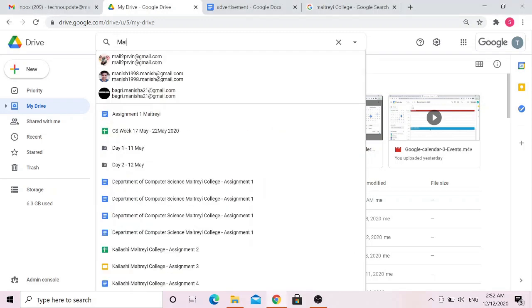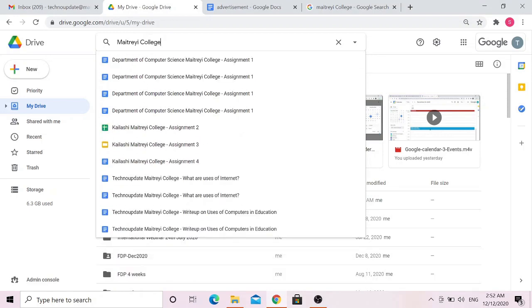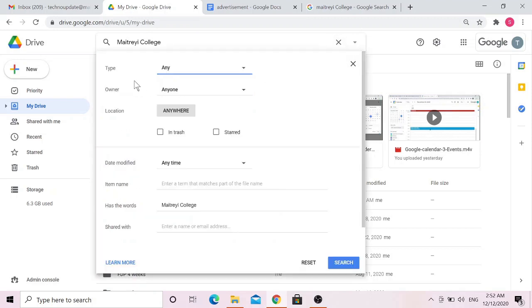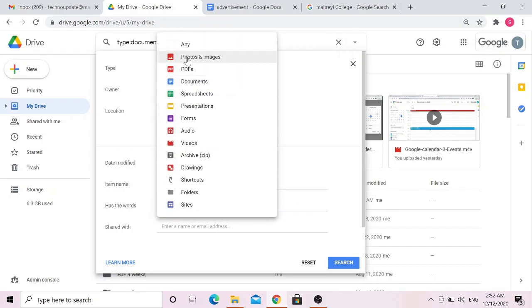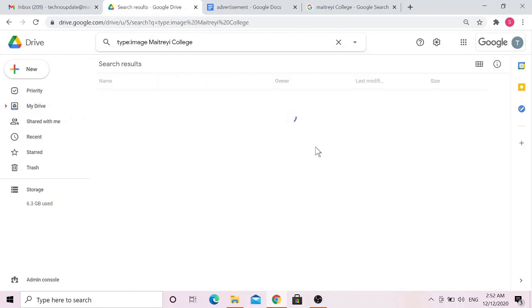For example, I want to search for the images that contain Met3 College as text somewhere, and because I'm only searching for the image type, I'll go to search options and select the photos and images option, and then click on search.